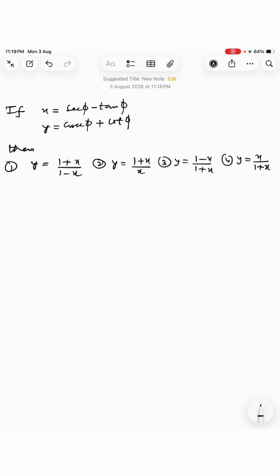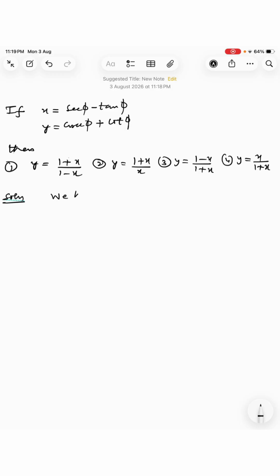The question is: if x is equal to secant phi minus tan phi, and y is equal to cosecant phi plus cot phi, then y in terms of x is how much? These are the four options. Now in the solution, what we do is,